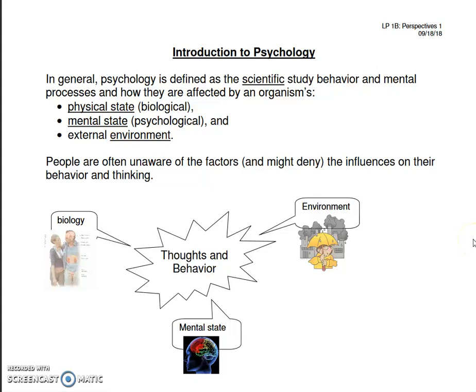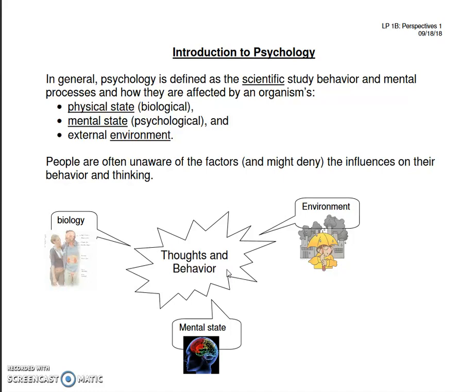In general, psychology is defined as the scientific study of behavior and mental processes and how they are affected by your biology, your thinking processes, and the environment. Your thoughts and behaviors are influenced by these different factors. In general, we tend to only look at one factor at a time. But in order for us to have a complete understanding of thinking and behavior, we need to look at these